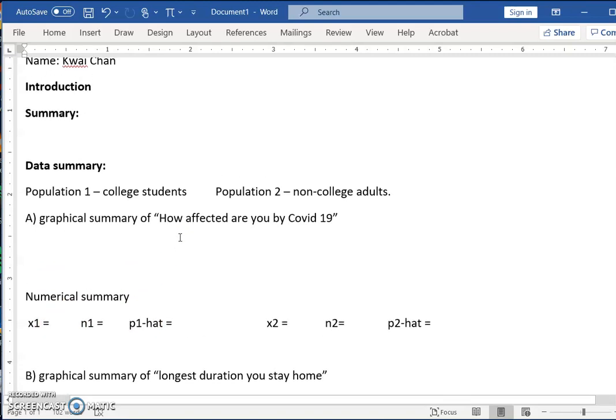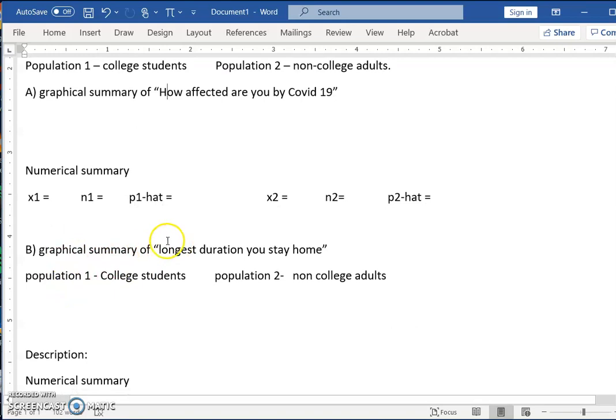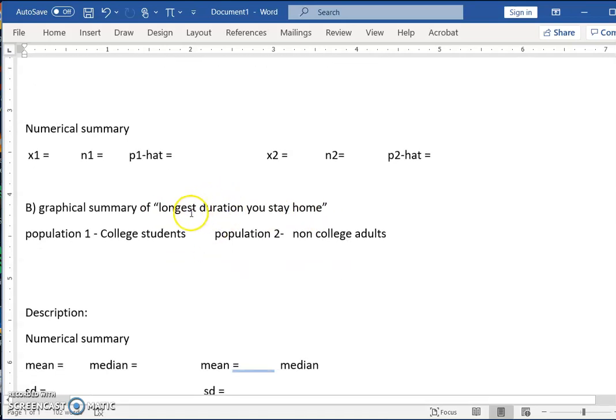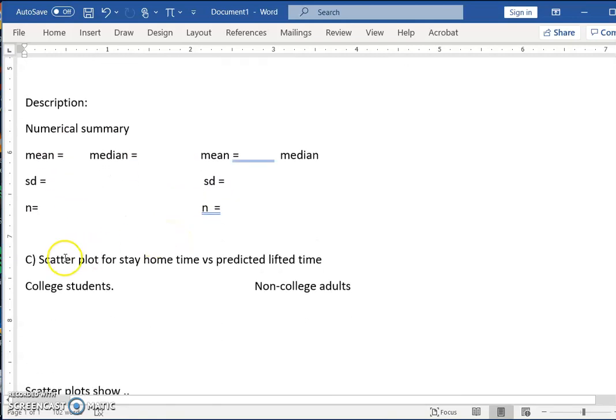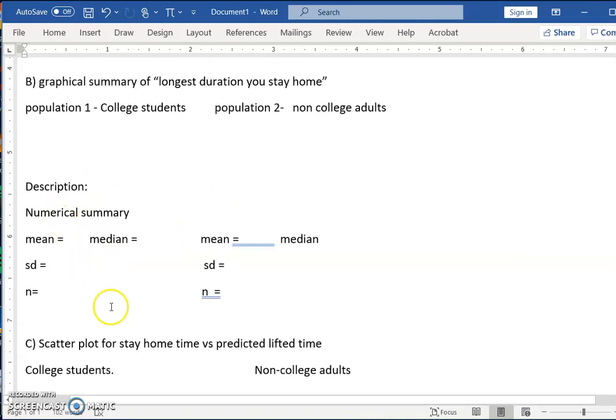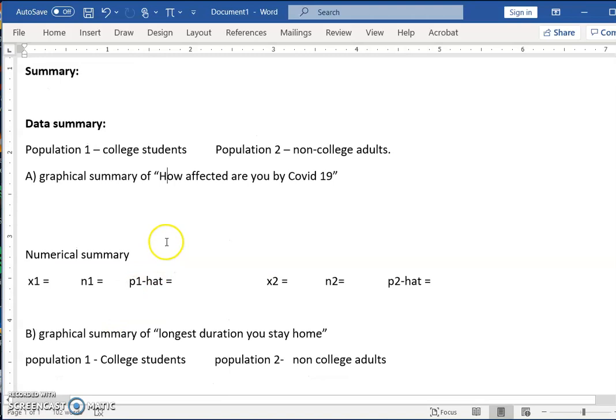And then I would do a histogram for one of the quantitative data. In this case, it is the longest duration you stay home, the second question that I asked. And I would also find the mean, median, because these are quantitative data. Thirdly, I want to do a scatter plot. Okay, so these two probably would be done in another video. So in this video, my goal is just to show you how to do the bar graph for the categorical